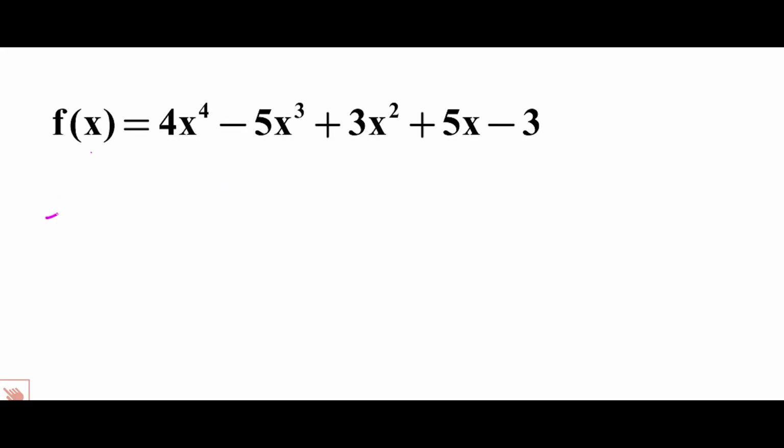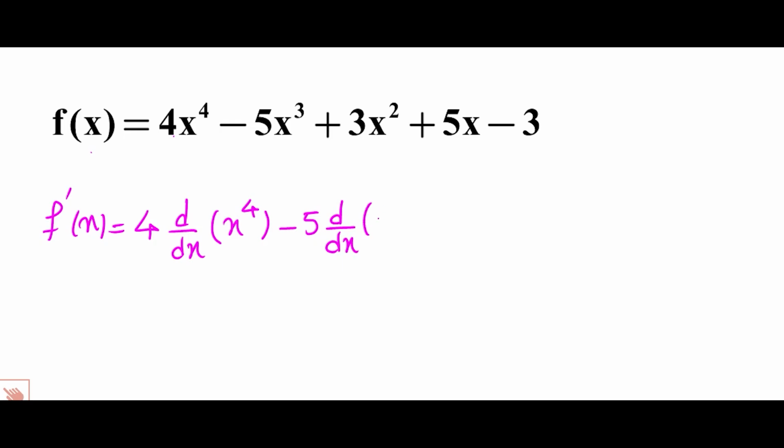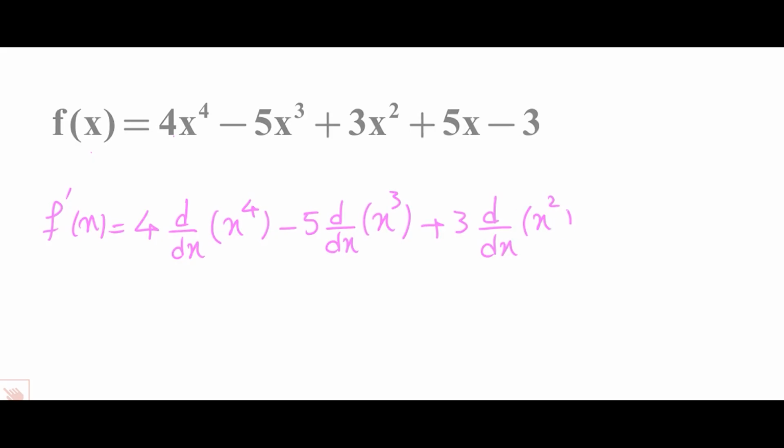Okay, so f prime of x is equal, first we keep the constant, means 4 times, take the derivative of the rest of the term, the derivative of x to the 4th power, minus 5, keep the constant, times the derivative of x cubed, plus, keep the constant, we use constant multiply rule, 3 times the derivative of x squared, plus,